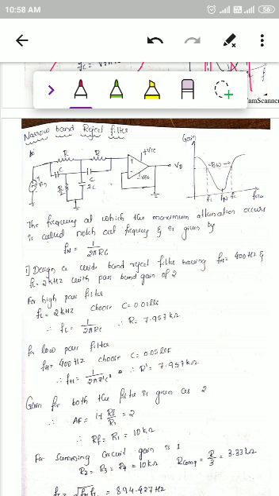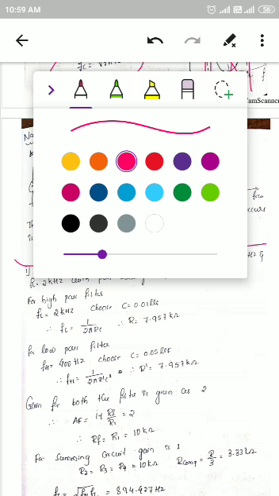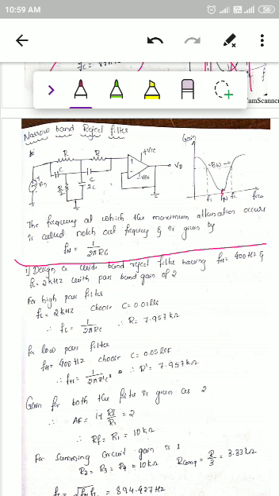What is the notching frequency? Here I have given it. The frequency at which the maximum attenuation occurs is called the notch out frequency or notch frequency. Maximum attenuation means that at this particular point in this circuit, maximum rejection of the signal happens. That is why it is called the notching frequency, or notch out frequency. Okay, that is the narrow band filter, and it is also a frequency response characteristic.